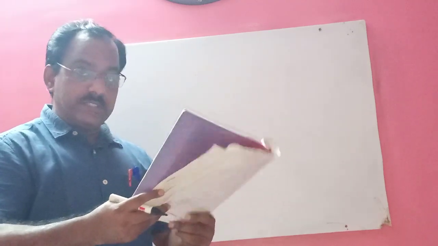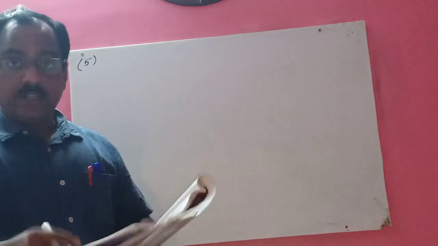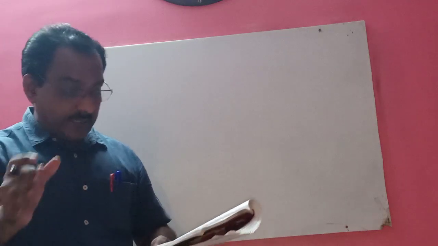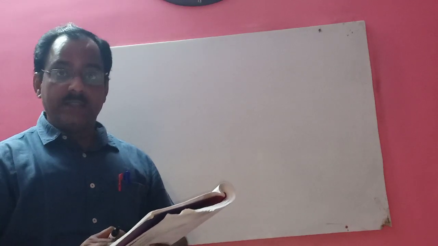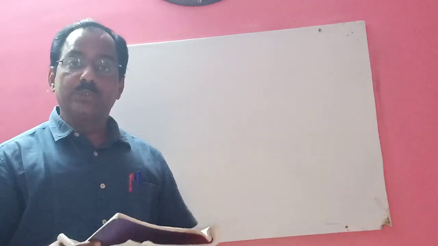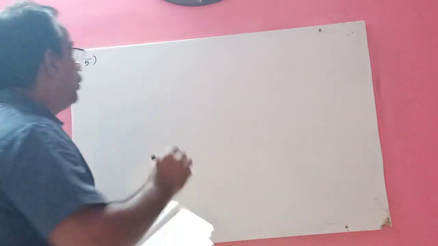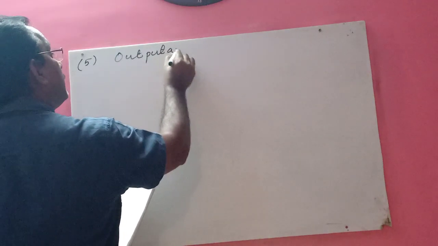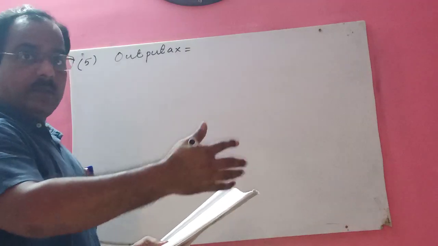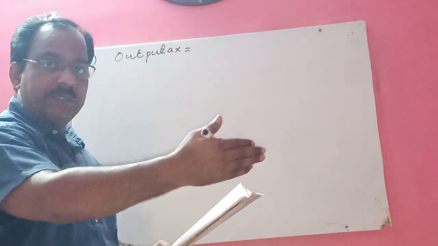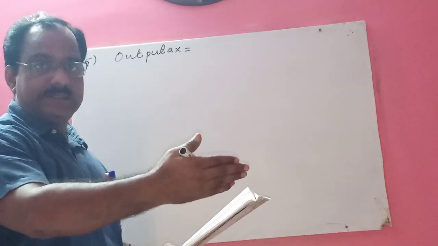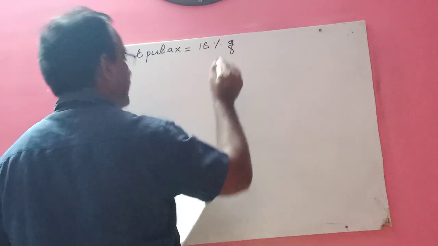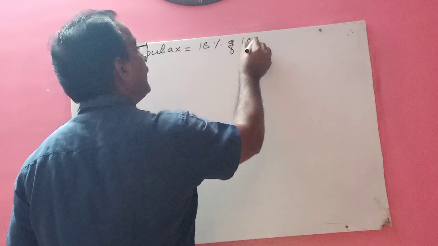What are the amount of CGST and SGST? It means here they have not given the output tax. The rate is given, it is 18%, and the sold price is given. So first you should calculate here output tax. So output tax is equal to what? Output tax is equal to, when he sold that cosmetic which worth rupees 6,000, then he collected 18%. So 18% at the rate of 18%, 18% of 10,000. This will become the output tax.